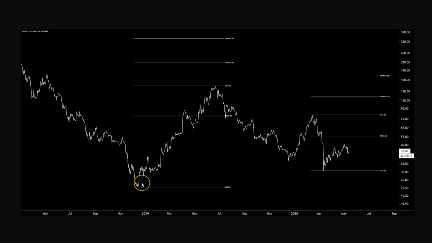You pick a high and low, and it projects levels above the high. You can pick any high and low you want on any time frame. You'll always get an extension. You get a 1.618, 2.618, etc. It's always good to pick extreme highs and extreme lows, the range of the entire trend. That way you also get the 50% level, which isn't a fib, but it tells you a level that price